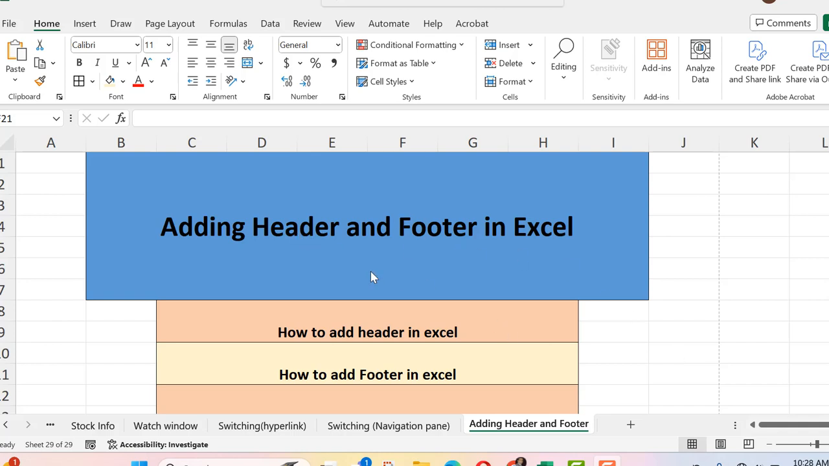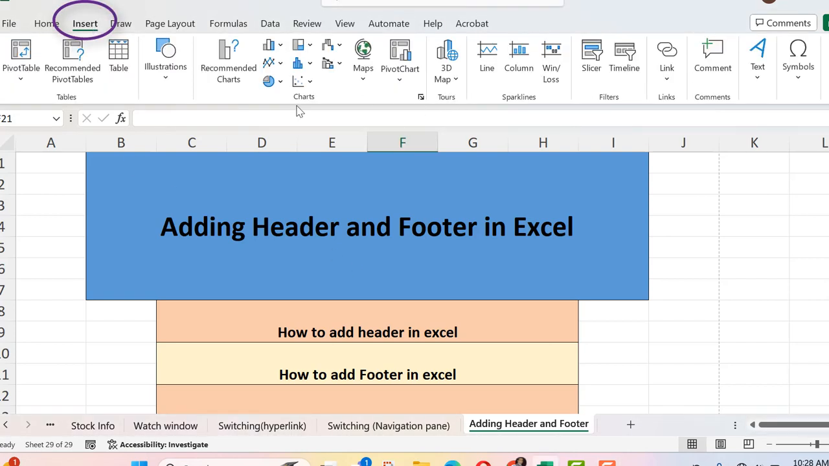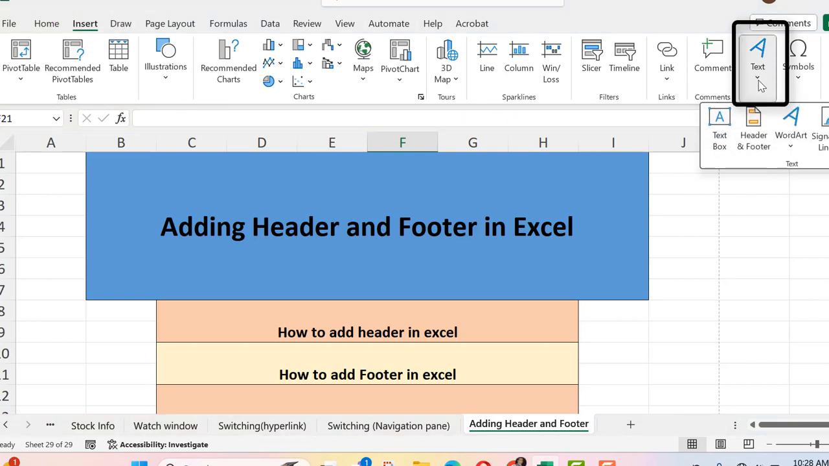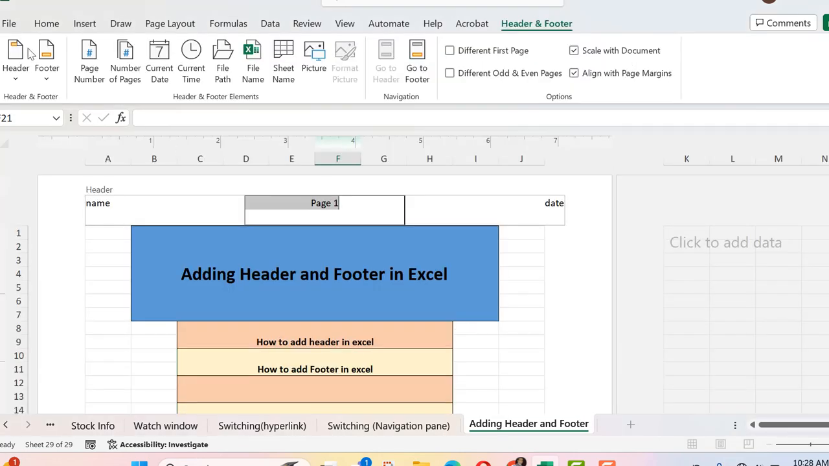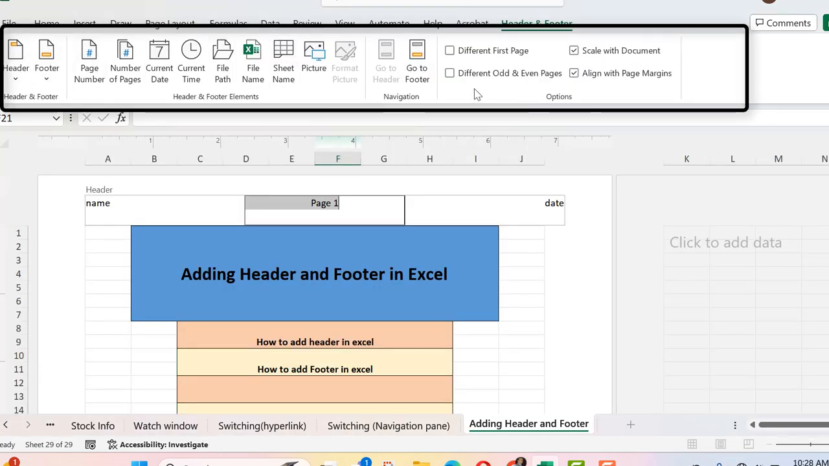So I will tell you the two different options that you can use to add header and footer in Excel. The first option is you can go to the Insert tab, and here you have the option of Text. If you click on this small arrow, you can see the header and footer option here. When you click on this, you will see that you have got the options of header and footer here in